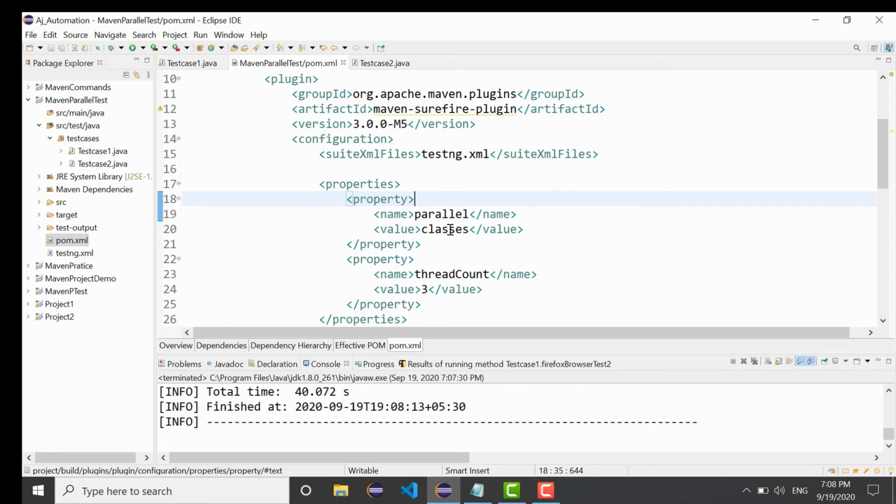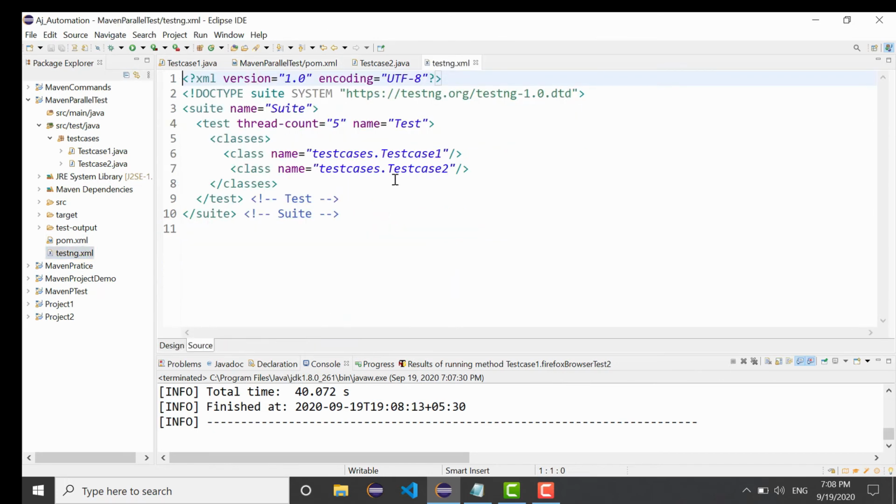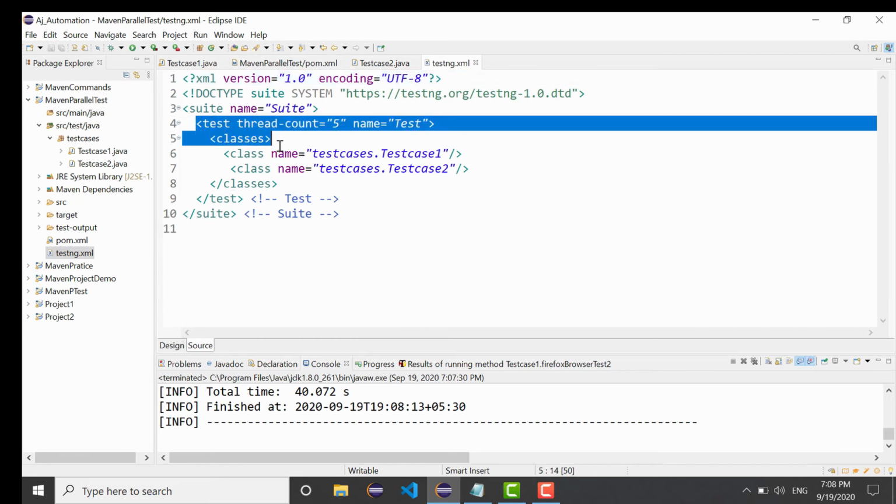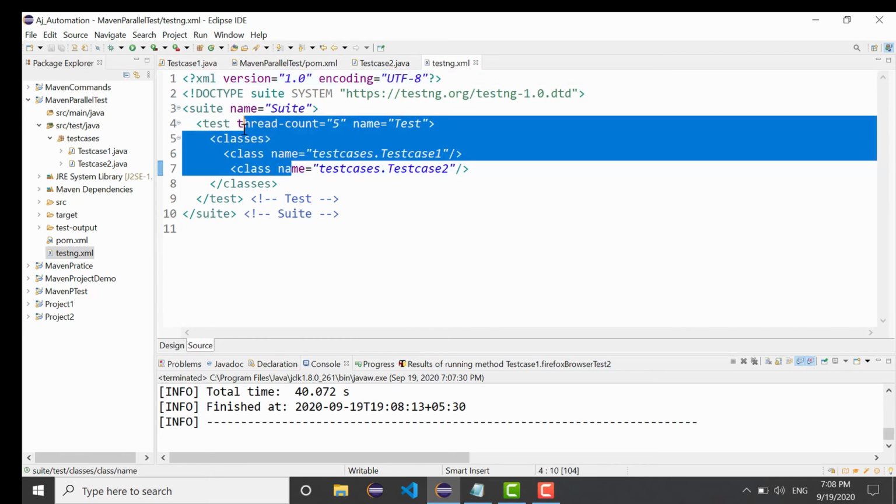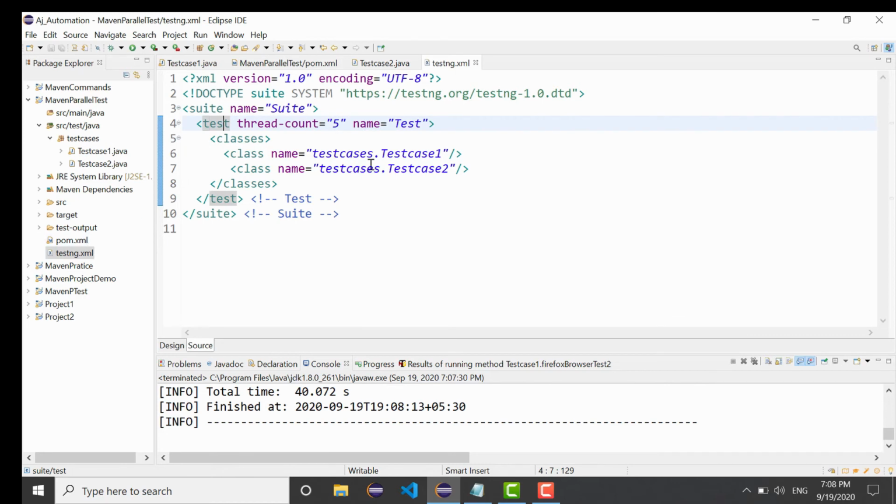Now let us change the value to tests. Save it, and to run your tests in parallel, what you have to do is in test.xml, it will run this test. Currently there is only one test. If you run it directly, it will run in sequential manner, first @test, then second, third, and fourth.